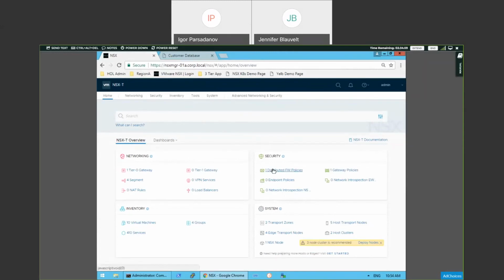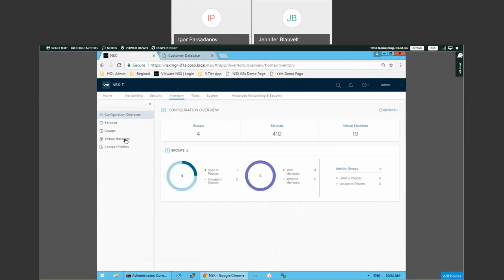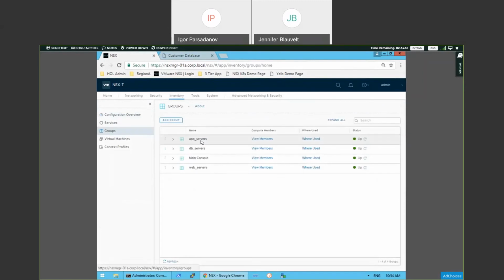And we're going to go and do that. So on the screen here, actually, before we get there, let me show you a little bit about the setup here. So in our inventory, we have a couple of groups set up. We have groups set up such as app servers, DB servers, web servers. Now, the way that these are defined is unlike in a typical firewall where you create a group and you associate IP addresses with a group, right?